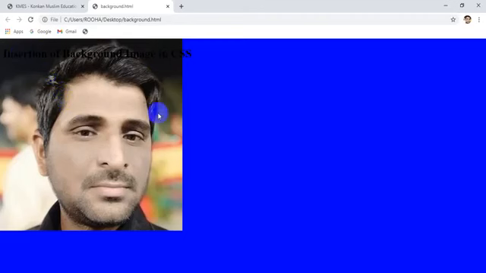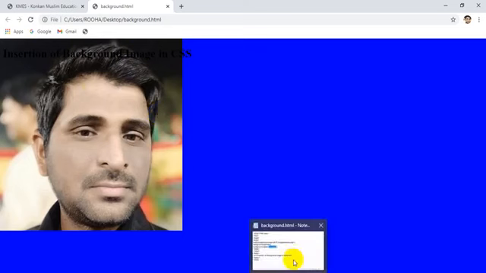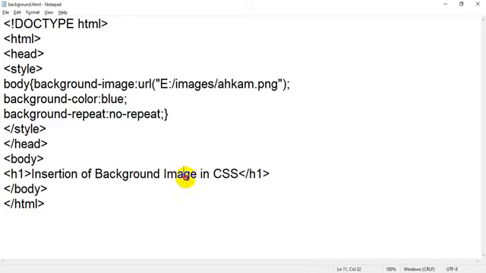Hope students you understood what we have discussed today, what we have done in practical. I just want to refresh you. We started with background image. What is a background image? A background image is an image of a website which covers the whole page. And how to insert a background image?